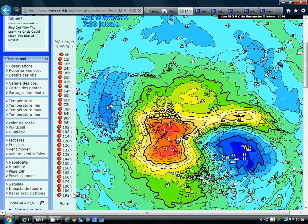If it does propagate down, then it can start to set up blocking. If this was propagating down properly, then I think we would see a pretty good signal there for northern blocking, but it doesn't look as though it's going to, so we're probably not going to see much of an impact from this stratospheric warming, to be honest. It probably isn't going to set up northern blocking and break us out of this westerly unsettled pattern that we're